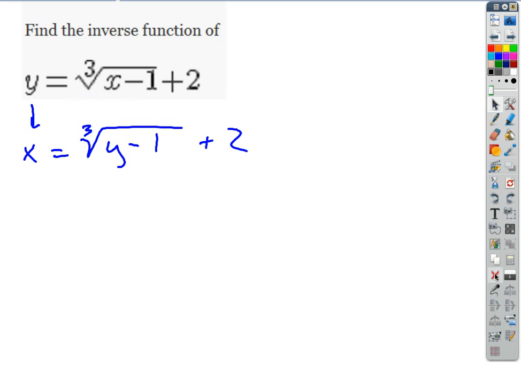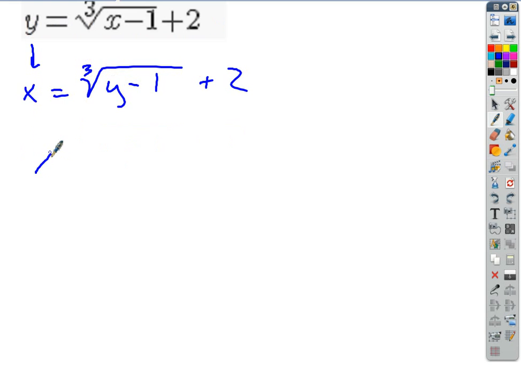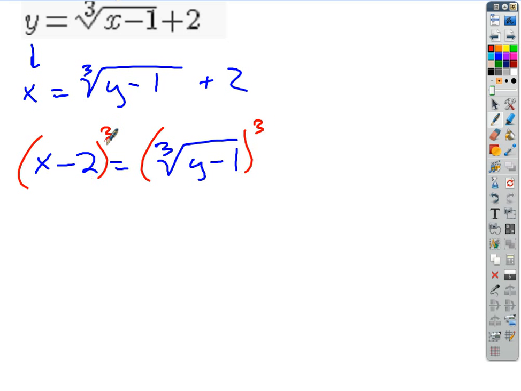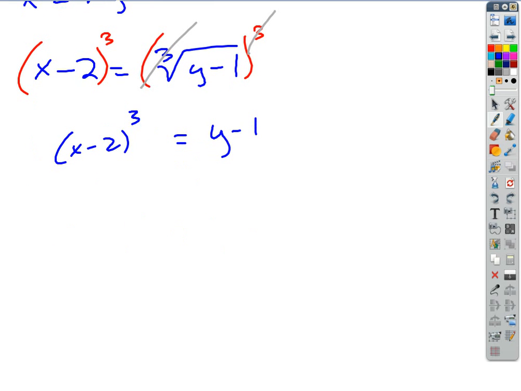Okay, so let's look at those steps real quick then. If I subtract 2, x minus 2 equals the cube root of y minus 1. Cube both sides. Right? The cube undoes the cube root. And so then I have y minus 1 equals the quantity x minus 2 cubed, which I could cube out. If I cube that out, I'm going to get